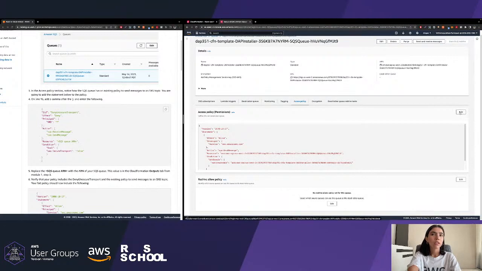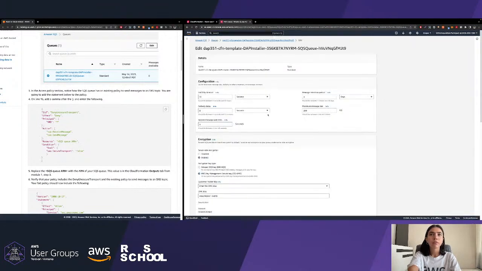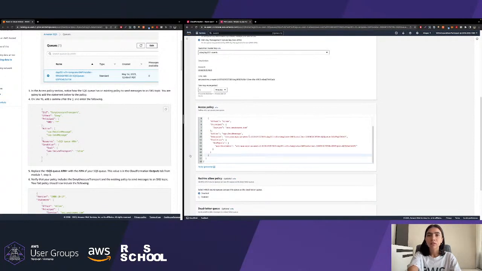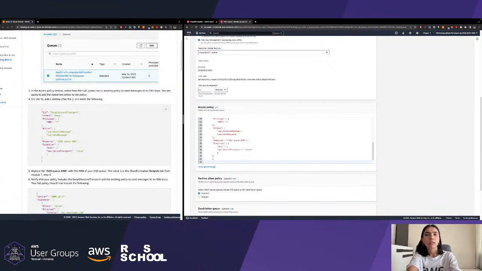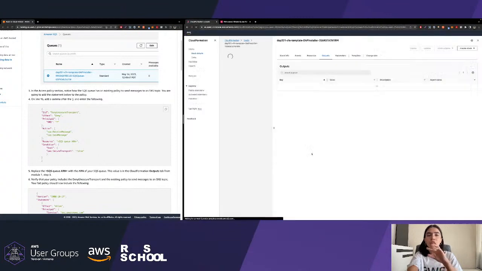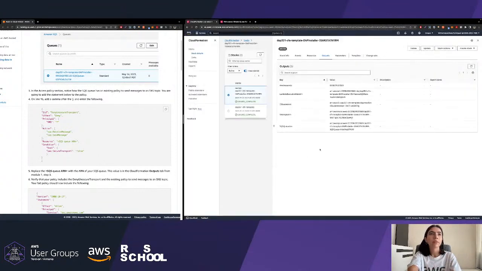So we're gonna hit the edit button of this access policy. On line 16, just add the comma, the new statement. As you can see, we need to add the SQS ARN, which we will take. Obviously, just hit the reload button. We just switched roles, that's why it is warning us.